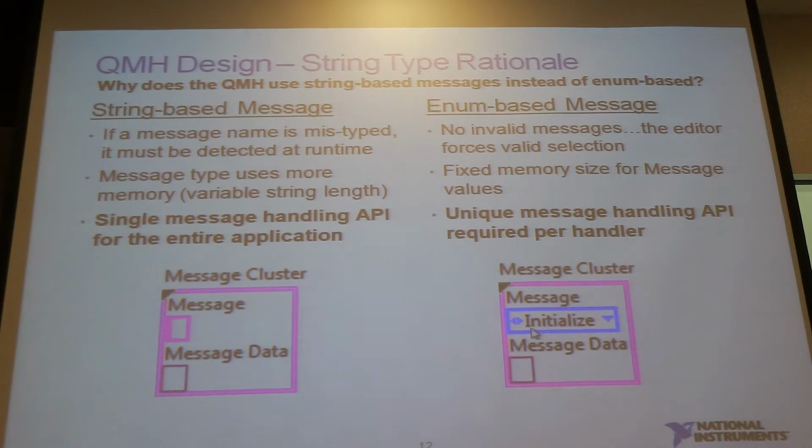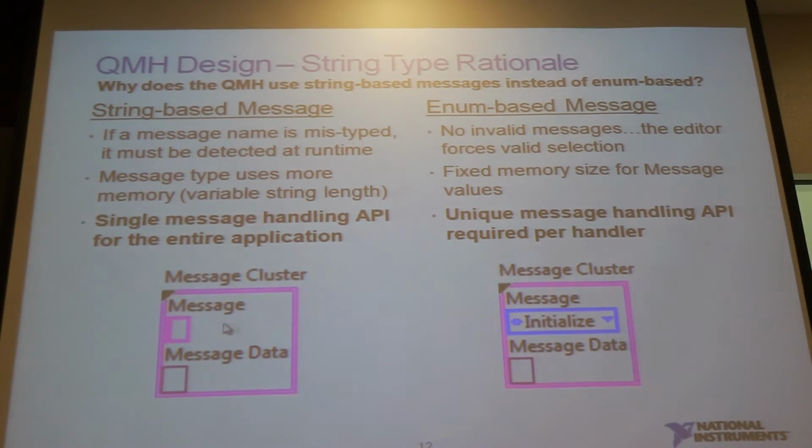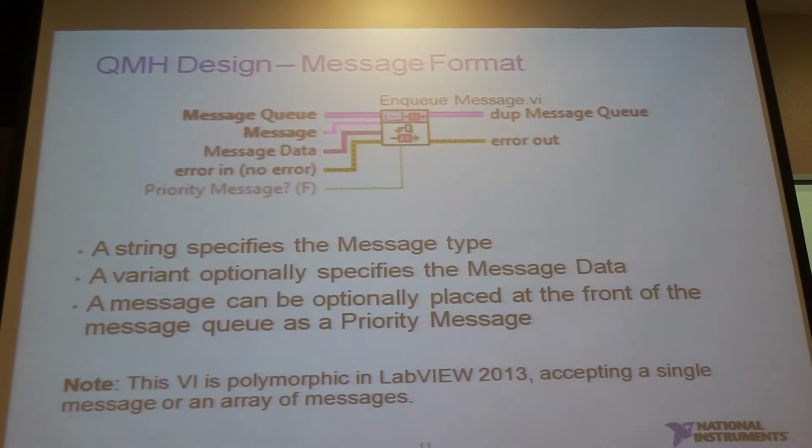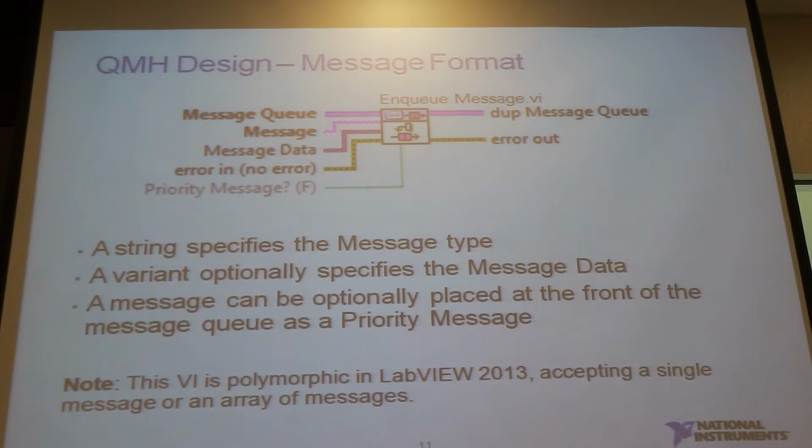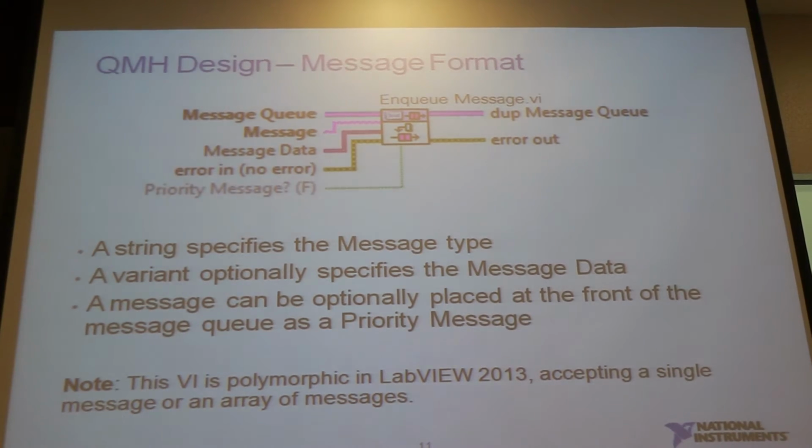You have multiple libraries handling different queues in your project. It gets very difficult to manage after a while. What you will notice is that over here, if you just use a string, it doesn't matter what string we put in. You just have a single enqueue message, and it works for all your loops. You don't have to have an enqueue message for loop number 1, enqueue message for loop number 2, enqueue message for loop number 3, each of them having different enums for each of those particular enqueue messages.